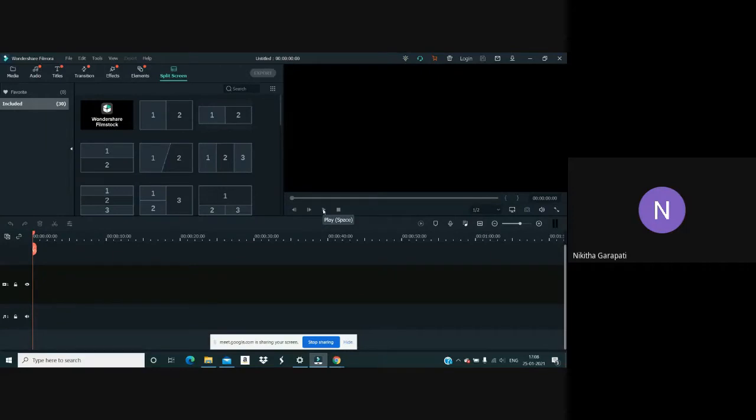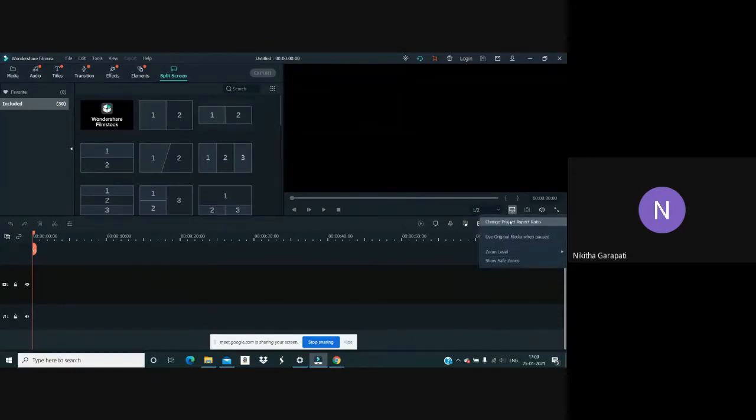So this is your play button, or on keyboard the shortcut is spacebar, and this is your stop button, and this is your next frame, and this is your back frame, like backward and forward buttons. Coming to this is your playback quality that you want. There are a lot of options you can choose according to whatever your requirement is. And this is your preview quality and display settings.